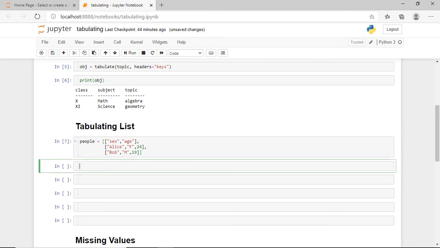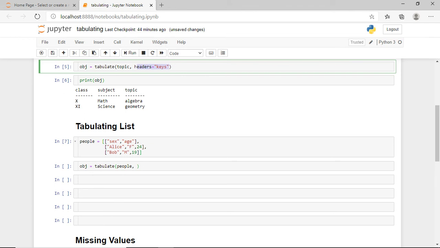So let's again try to call tabulate. Here we provide our people list, which is the sequence, as the first positional argument, and then like before we specify headers.